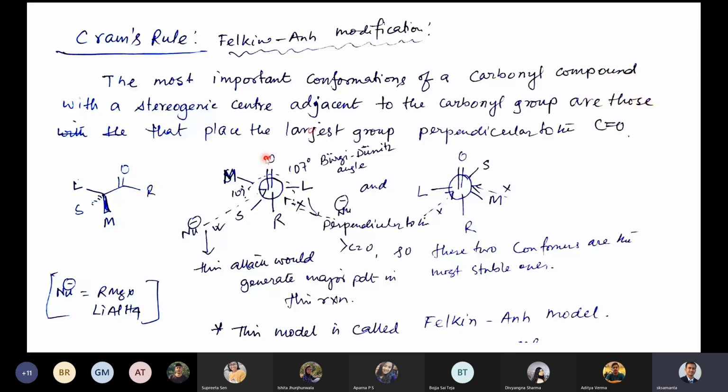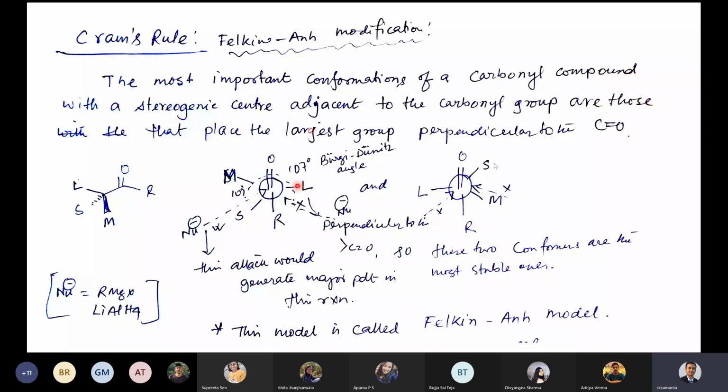Then you can easily imagine that if this is the conformation in one case, this L could also come to the other side, like this. Then what happens? With a 180-degree rotation, L is coming here, then M will come here, S will go there. So S has come here, M has come here. Clear? Very simple. We are rotating the back carbon 180 degrees. So L is coming here, S is going here, and M is coming here.